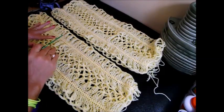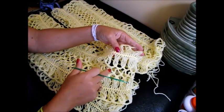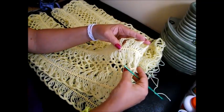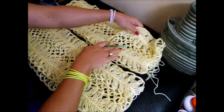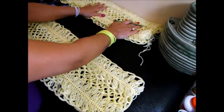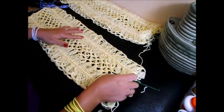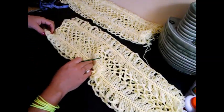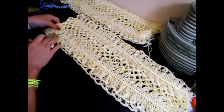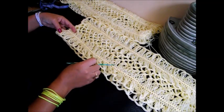Here I finished my two pieces. These ones are put together with that chain 4 in between, in this one and in that one. And now I'm gonna put this one aside, and then we're gonna work with this one. We're gonna measure like 21, fold it in half, and from the top we're gonna measure like 20 to 21 centimeters long